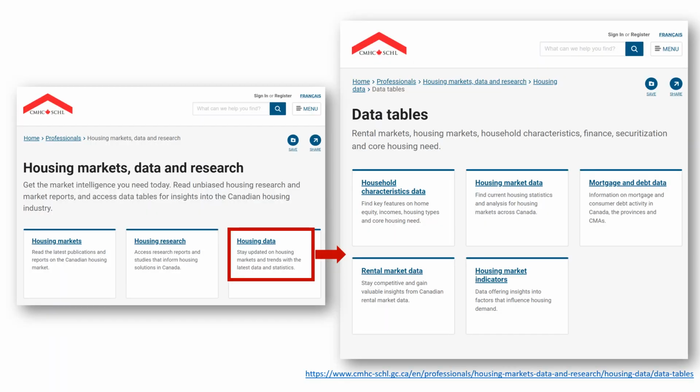The next resource from our Data and Statistics Research Guide is the Canada Mortgage and Housing Corporation data. The CMHC collects data on core housing needs, the rental market, housing markets, and more, all available in one place. Exploring this resource provides us with an understanding of what data variables and topics are collected on housing by the CMHC, as well as actual data. The CMHC also publishes several reports and research on housing in Canada.